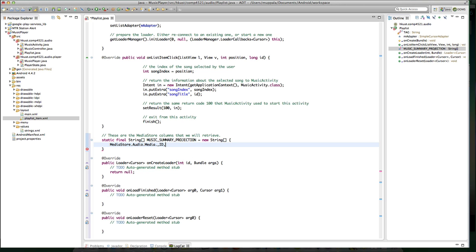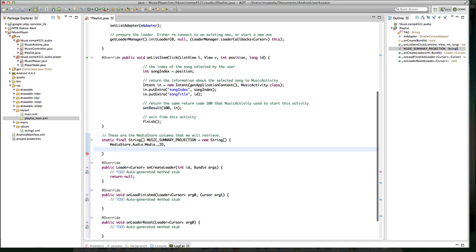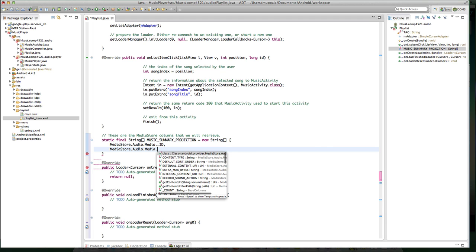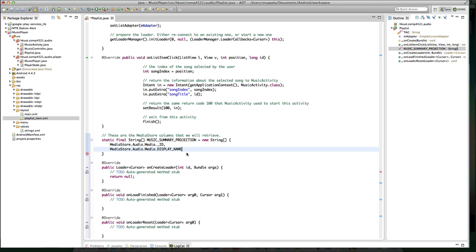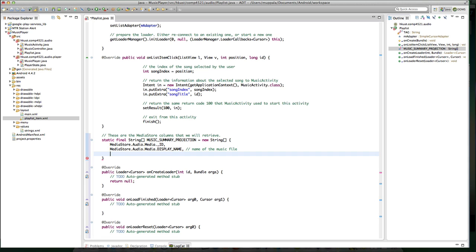In addition, I need media and then display name, this returns me the name of the music file,